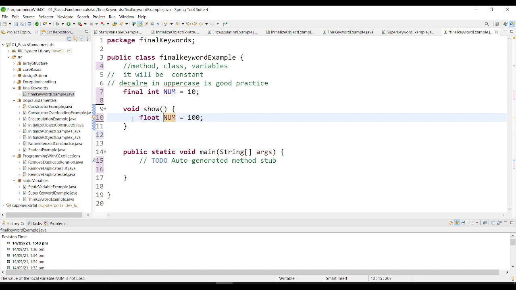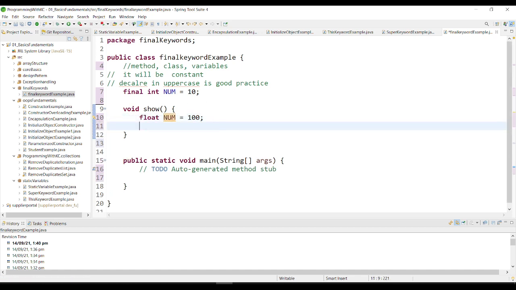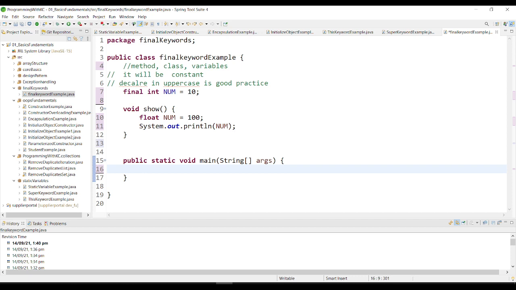So this will now not give you a problem. And let me print this. Let me do the sys out over here. So after doing the sys out, I am just saying that print this number, and just create over here the object for this class. So let's create the object, that is final,